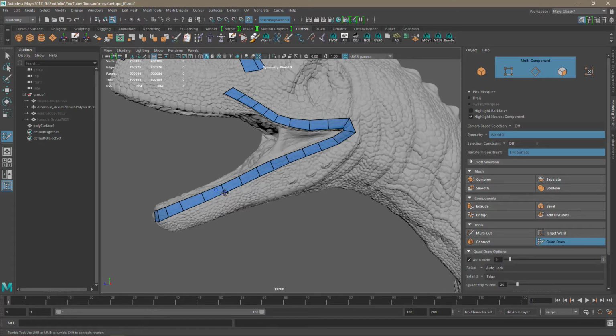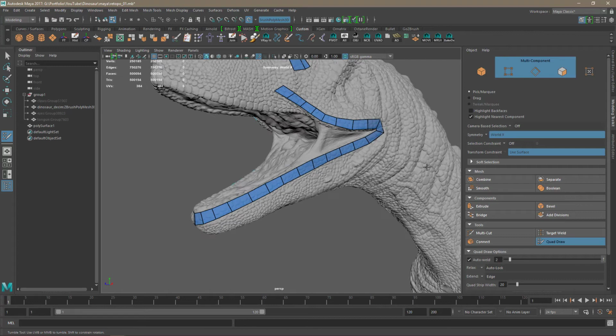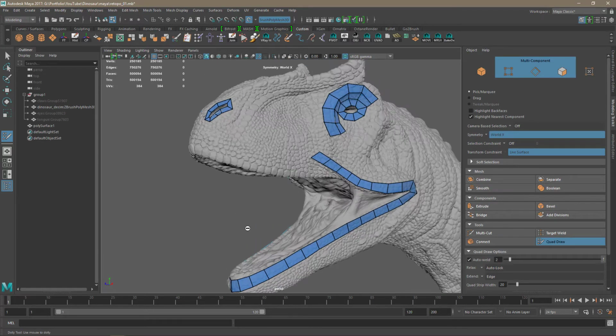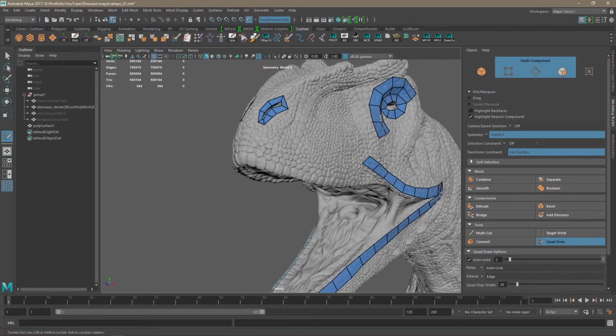And again, we can increase or decrease the number of these segments later if we need to. Just wanted to keep it simple, low and simple for now. So let's do the same here. I'm just gonna go and